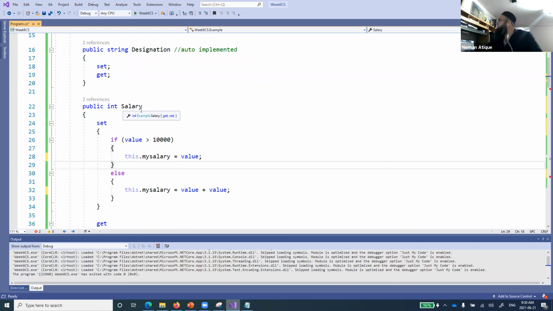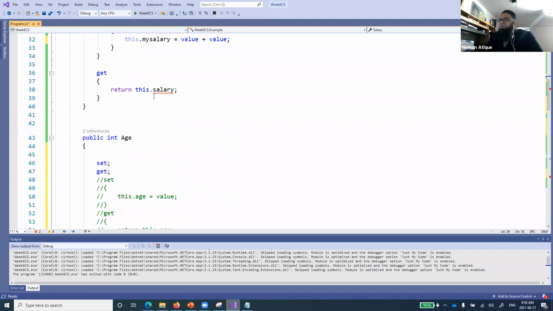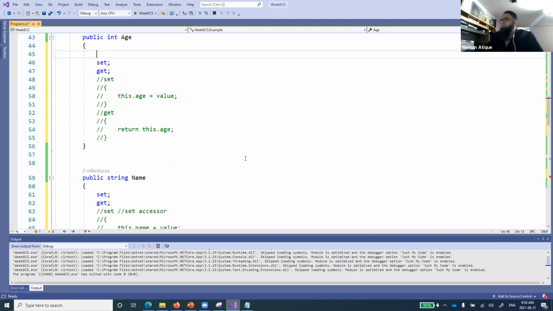You can name it anything. Aditi, you got the point? The property name can be anything, but the real thing is what you are accessing inside the private field. Right. So now I've changed that one: this is not salary, it is mySalary.